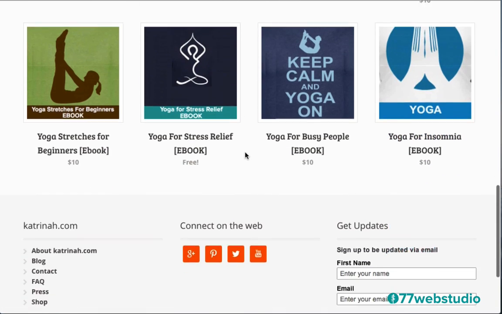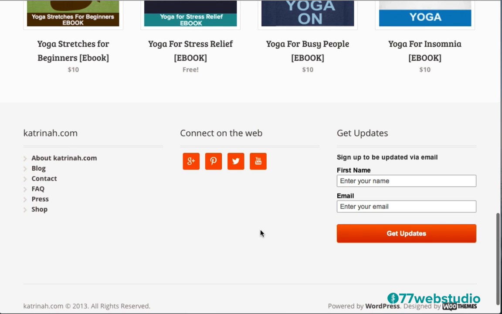Then underneath the featured products, you'll have your footer, and in the footer you can add whatever kind of customizable content you'd like. In this example, I'm including some common pages that most people are interested in checking out, including the About page, the blog, a contact page, a frequently asked questions page, a press coverage page, and then of course the shop page.